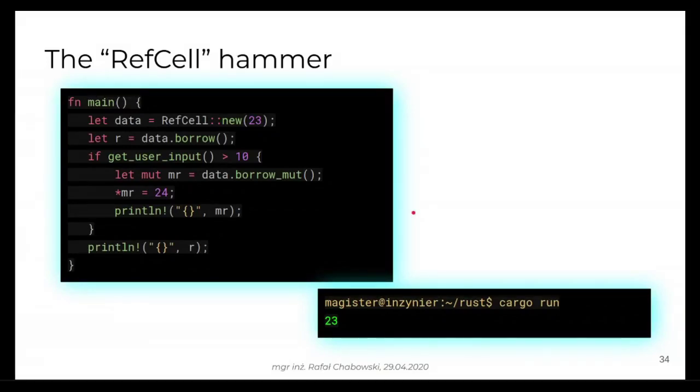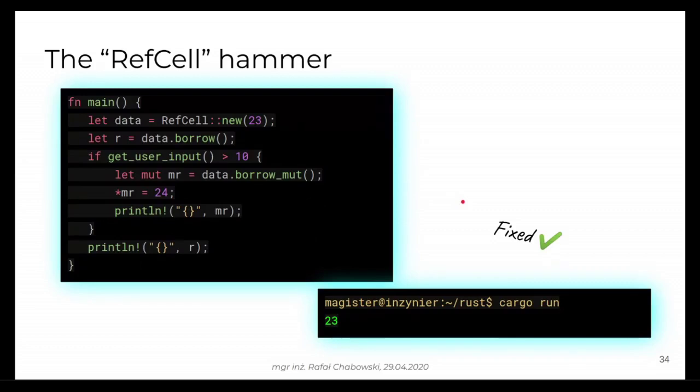We can use the RefCell. So let's see what happens here. We put the data into the RefCell. We create one, let's say, reference. We borrow it once in the non-mutable way. Then inside the same if, we are trying to borrow it mutably, modify it, and print here, and also print at the end. And yes, it's fixed. It compiles, so you can ship it.